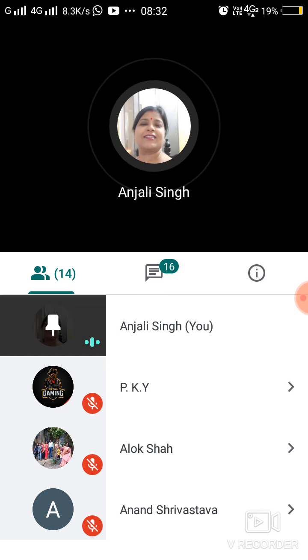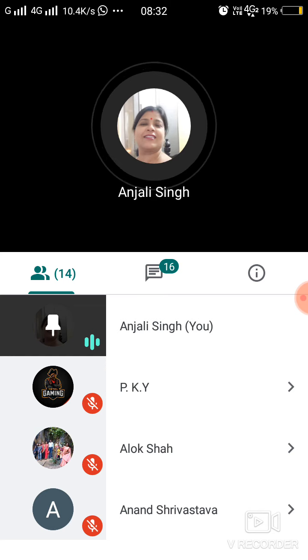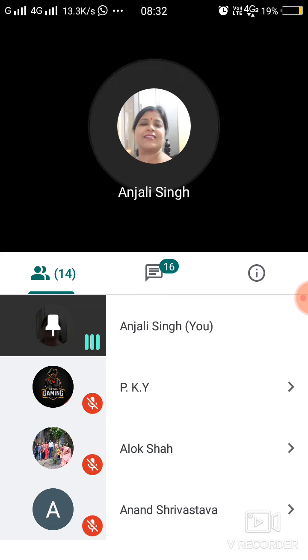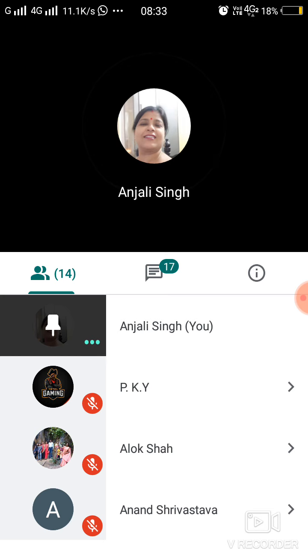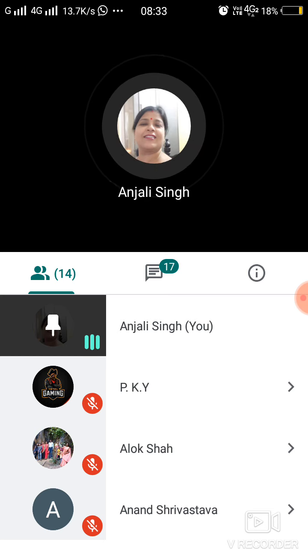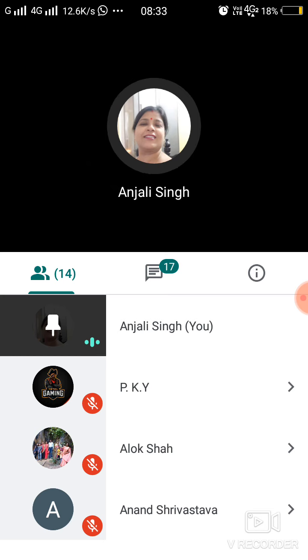And the last, we will do the evaporation process. Heat the filtrate in the china dish to evaporate water so that the crystals of the salt remain in the china dish. And thus, by three different methods, sublimation, filtration and evaporation, we are separating the three different components of the mixture from one another.